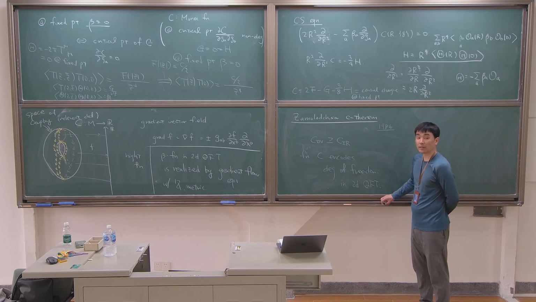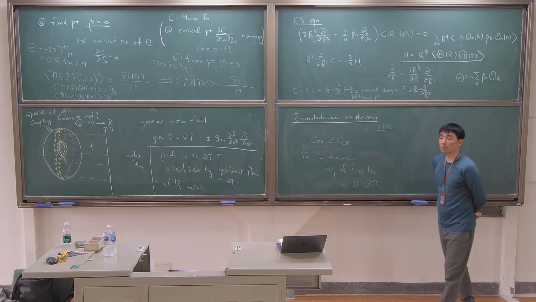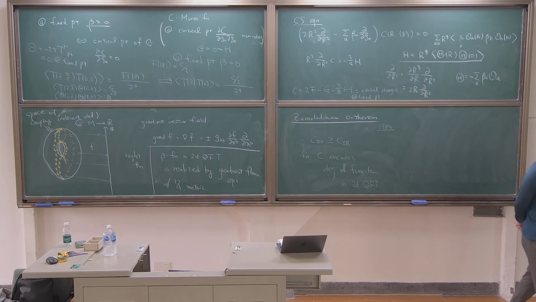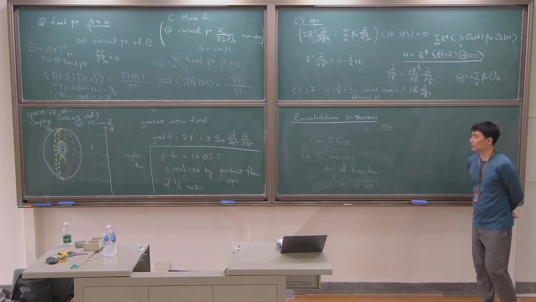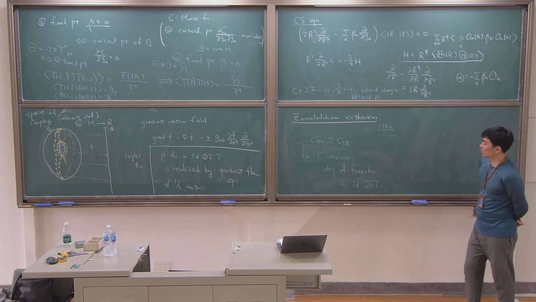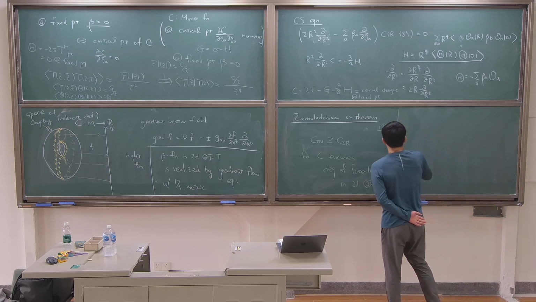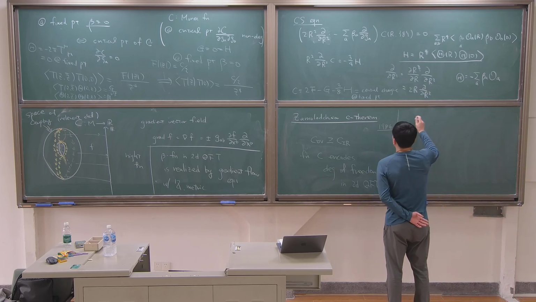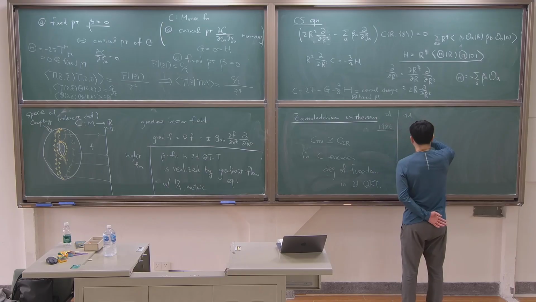This will give you crucial information about the RG flow in two-dimensional quantum field theory. So this is the two-dimensional one. There is also a four-dimensional version. The four-dimensional version is given by